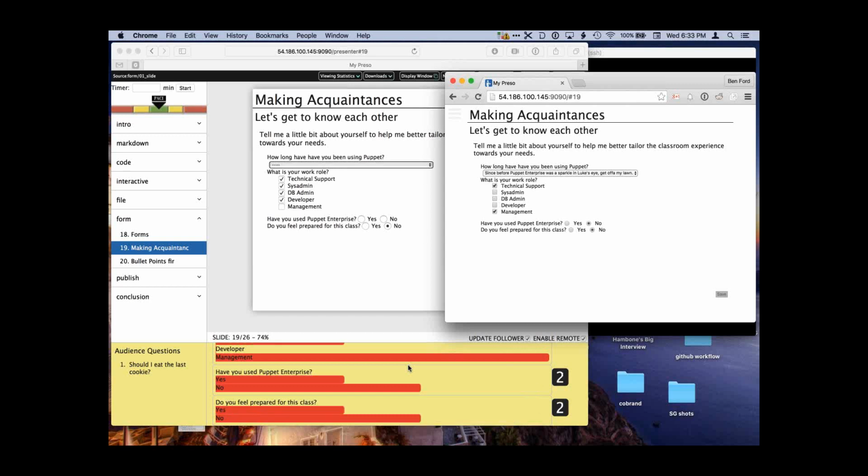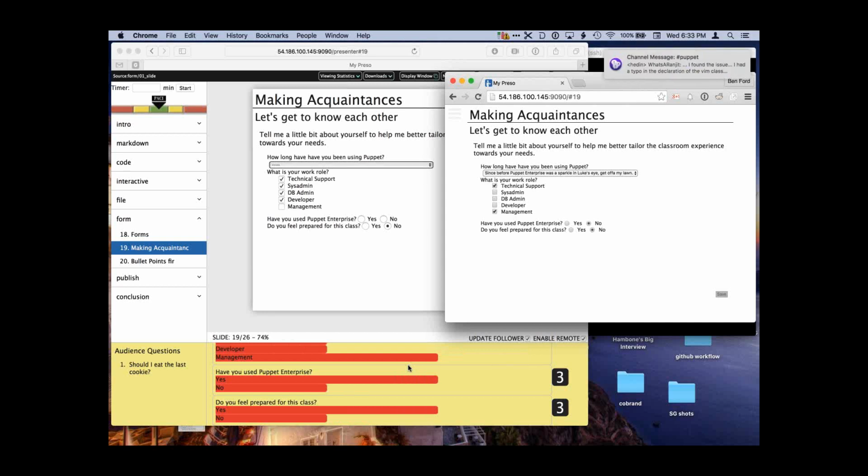So I can use this as a kind of interactive poll. Is this something we should talk about, or do you think this is a good idea? I could do quizzes. We kind of do quizzes in the classroom. They're like checkups, to make sure that people are following along and understanding what we're talking about. These quizzes and polls are not tied to any single user. They're all anonymous. They're indexed by IP address, so there's no way that I could tell who answered what. This is just a way of getting a quick read on the classroom audience or whatever.